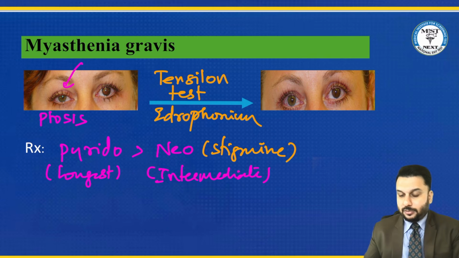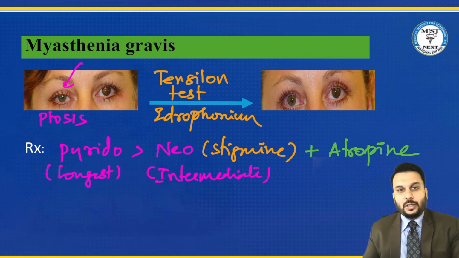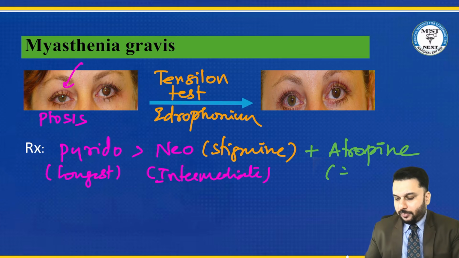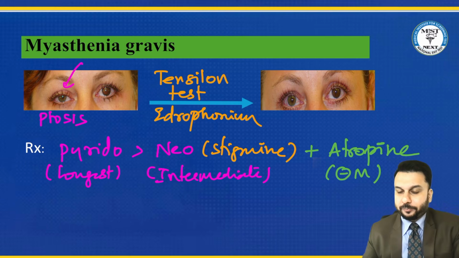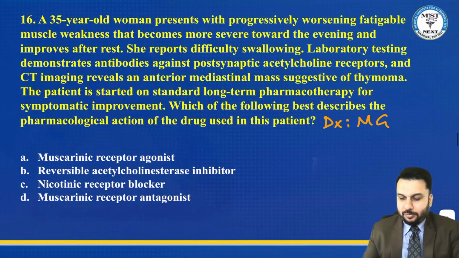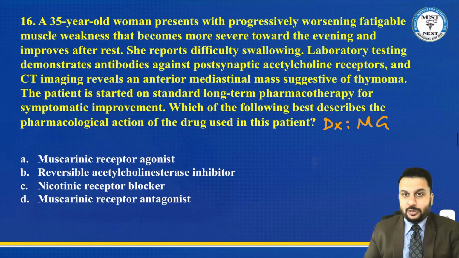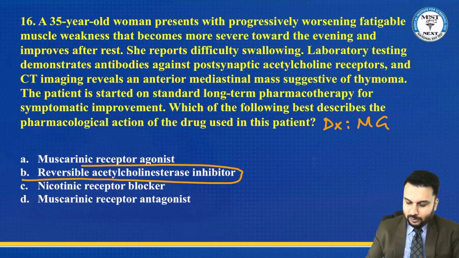But when you give these drugs, there will be some side effects, cholinergic side effects that will come. To reduce those cholinergic side effects, we give atropine. Atropine is a muscarinic blocker. Why are we giving this? To reduce the side effect of the pyridostigmine or neostigmine. Okay, so that's all about this. So going back now, pyridostigmine or neostigmine, etc., all these drugs, how do they work? The stigmine drugs, we have learned it before, they block one enzyme called acetylcholinesterase.